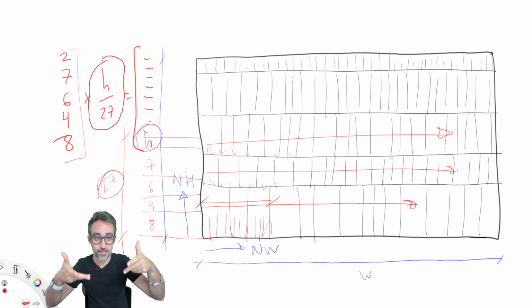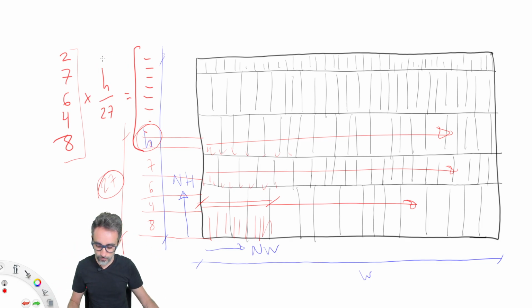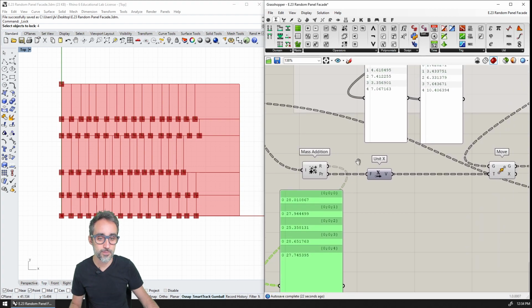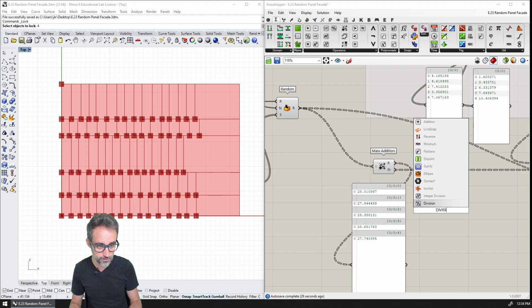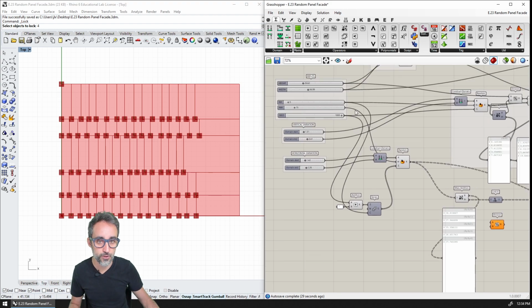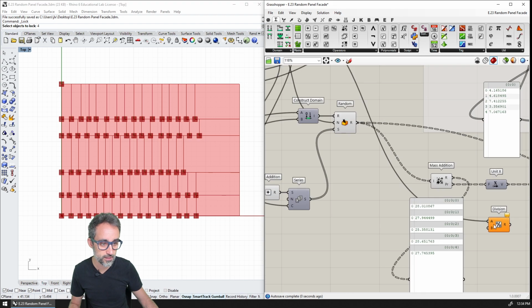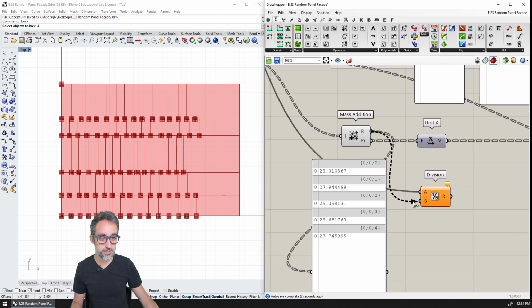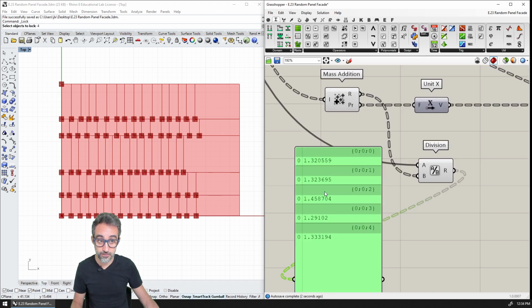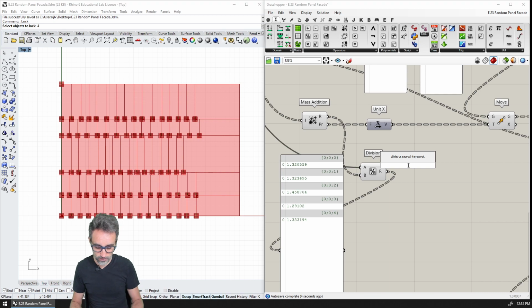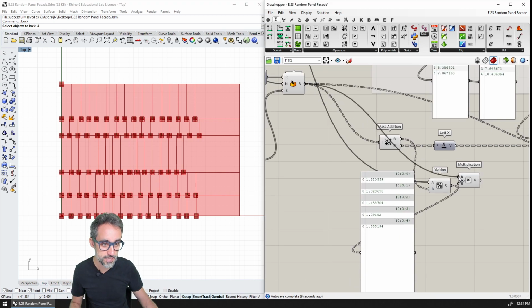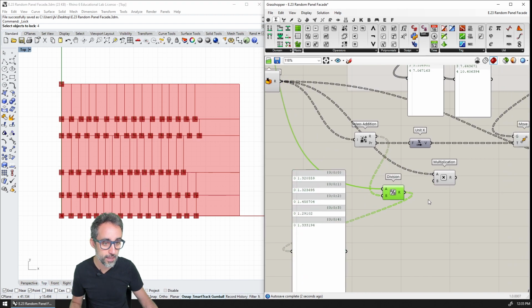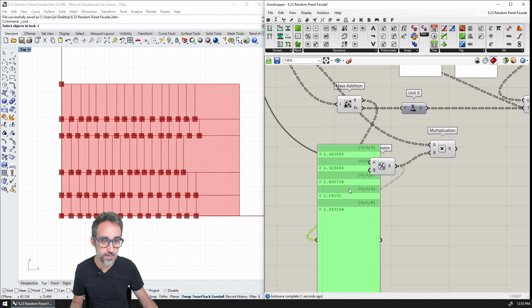And that becomes the factor that I need to use to multiply, to amplify this by. So what I'm going to do is divide the width of the facade by each one of these total results, and it's going to give me the amplification factor. So now I'm going to multiply each one of these numbers by each one of these amplification factors, and you're going to see that